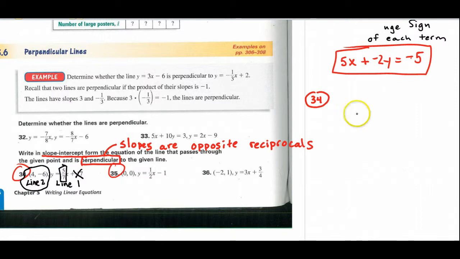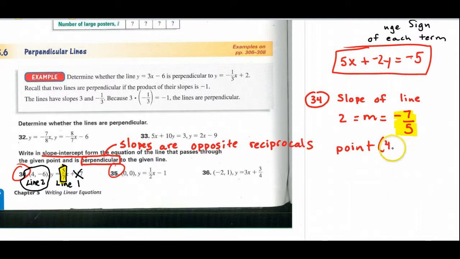So the slope of line 2 equals m equals -7 over 5, which is the opposite reciprocal of this slope here. Now I have a point that the line goes through, so my point is 4 comma negative 6, and so my point slope is y plus 6 equals negative 7 over 5 times x minus 4,